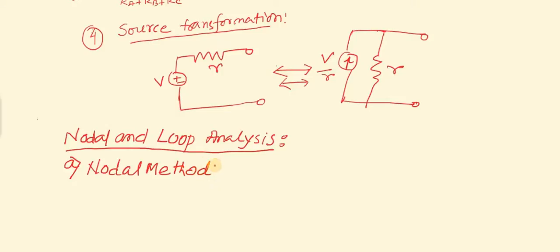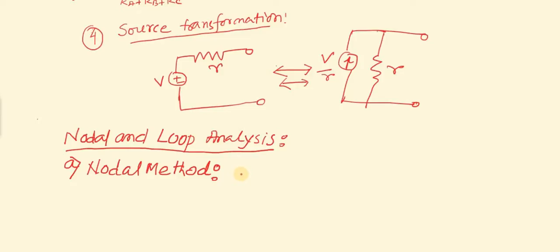In the nodal method, we will assume a node as a reference node, and the potential at that reference node will be at ground potential or zero potential, and we will consider that node as the reference node in that particular